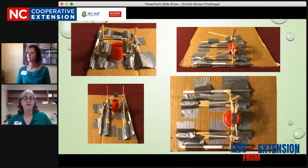So the sky is the limit. Be as creative as you want to be using the resources you have. This took me about an hour, mostly because I designed it. I drew it out on paper what I wanted, started building it,